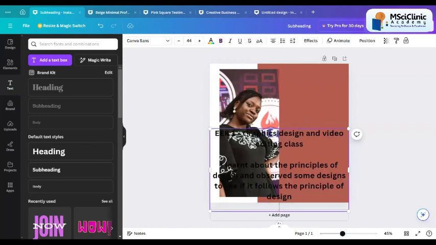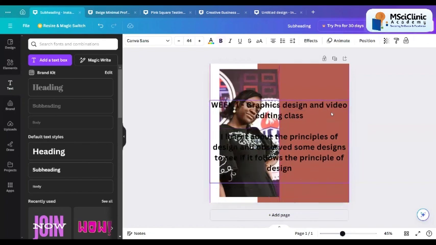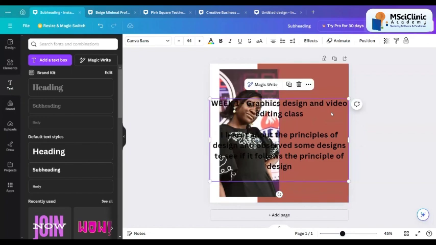And we have it here. You can see that this text does not look like the text in the graphics that we're trying to replicate. The text in the graphics that we're trying to replicate is this